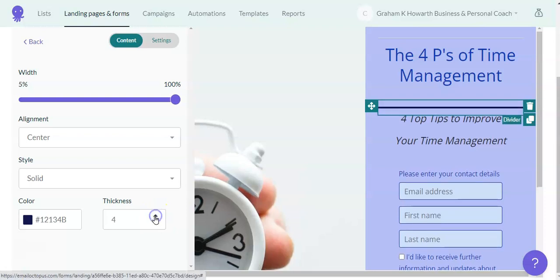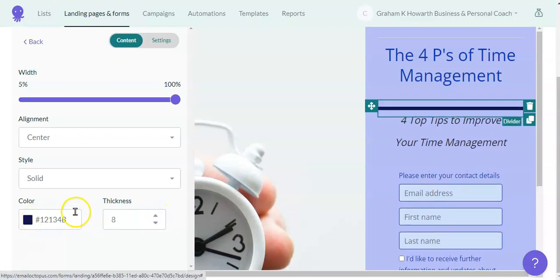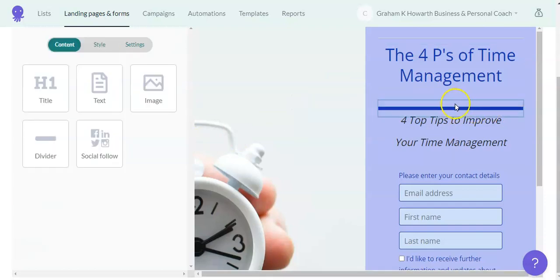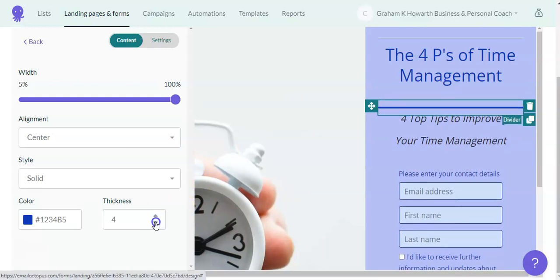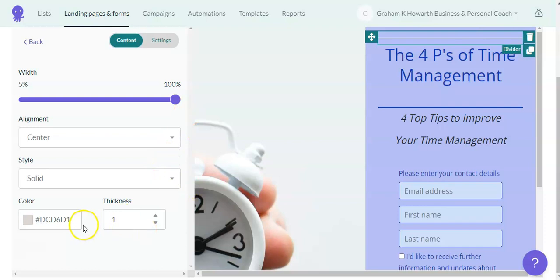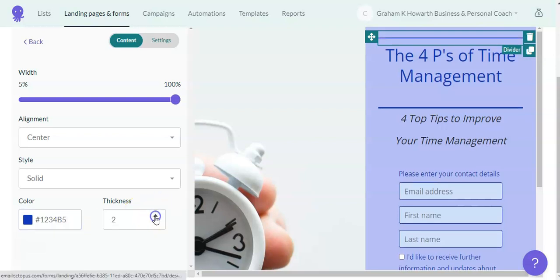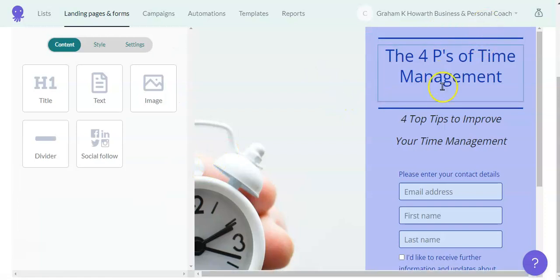We can go as thick as you like with that. We've obviously not got the right colour in there. Let's change that to the blue colour that we normally use. Okay, there's the blue. Okay, so now that's quite thick and probably looks a bit over the top. So if we take that back down, say to 3, that looks quite good. If we go to the other line, we'll do exactly the same. We'll use the blue, and we'll make the thickness 3 again. And so that's looking fairly the same.